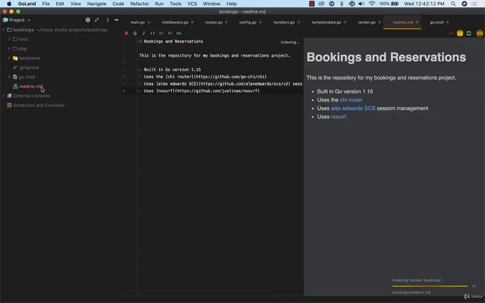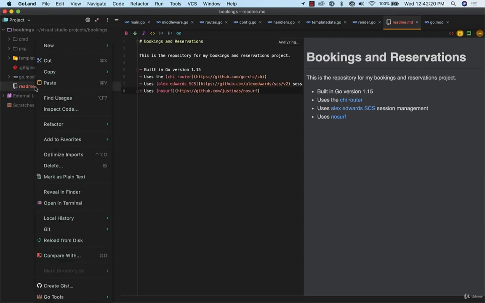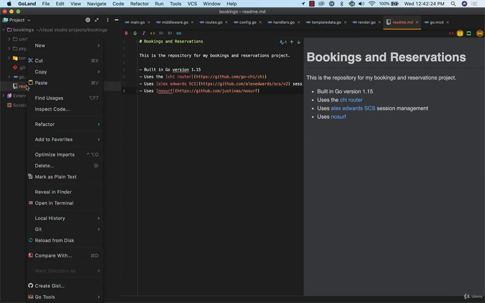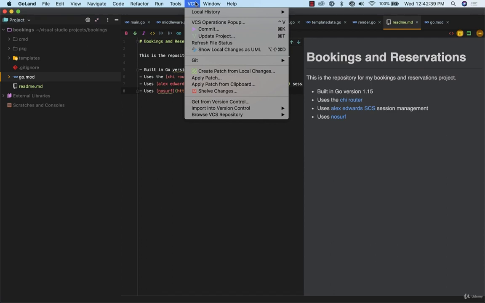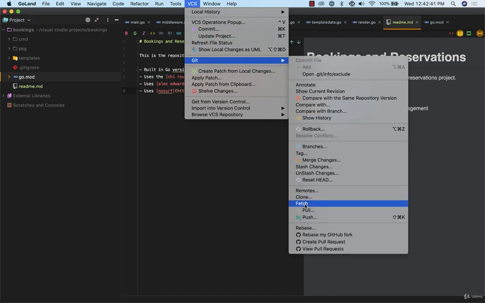And it did. So you notice that this one is in red, and it's similar. I believe it is red as well in Visual Studio Code. So what I'm going to do is say add. I can just click on this, or right click on this, and choose Git and choose add. Now it's been added. Okay, so the change has been made here, but it's not been pushed to the Git repository yet. So I can go to VCS, which is Version Control System, and I can choose Git push, and